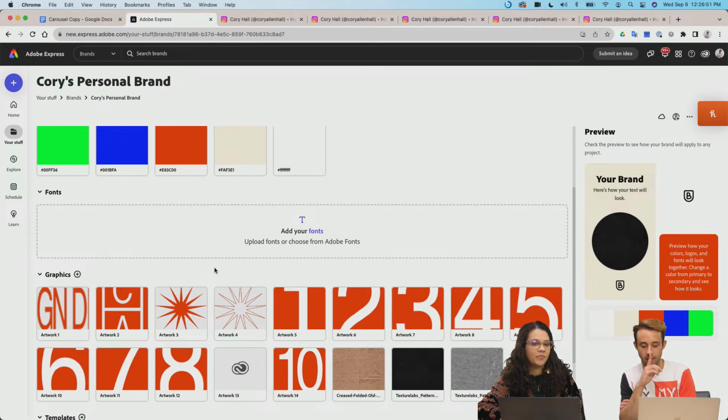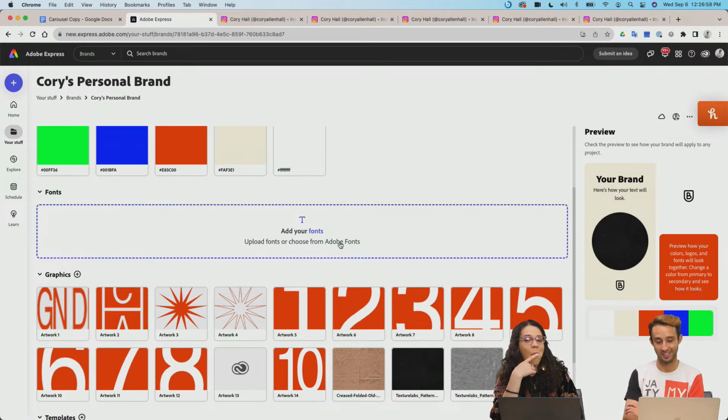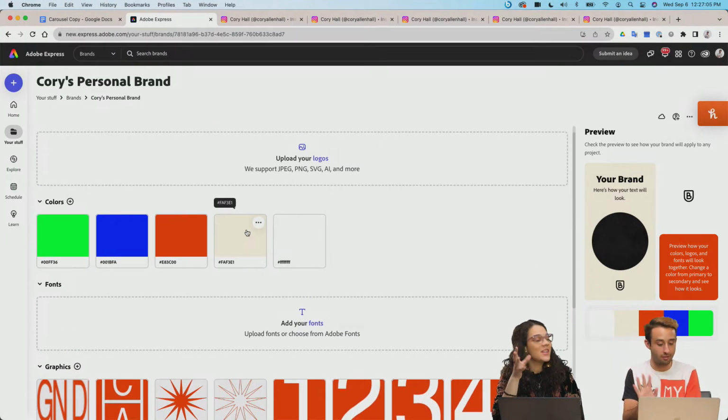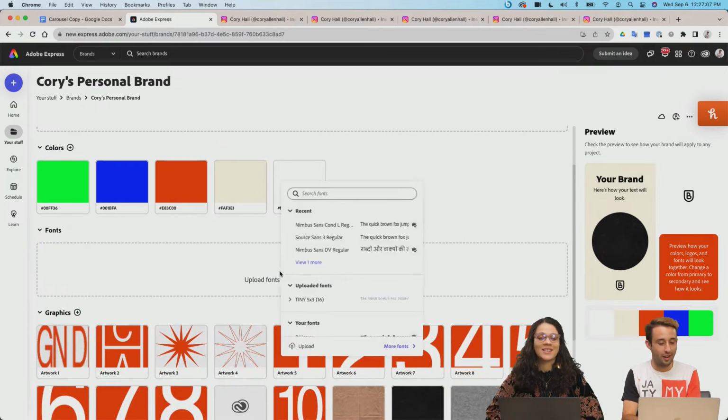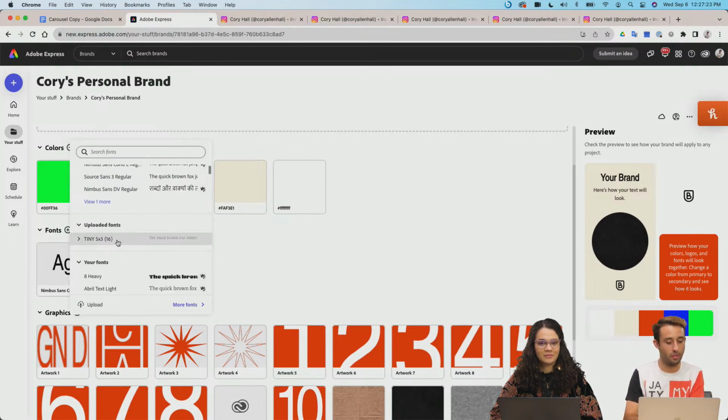You know what I just realized that I did by accident? Remember all of those empty squares that I deleted from my library? Those are my fonts. So I did accidentally delete all my fonts from my Cory's Creative personal brand. Well, now we can explore for fonts. I've got some favorites in here. We've got Nimbus Sans in here. And really, it's not that I deleted them from Express. I didn't delete them from my library. I just deleted them from personal brand. And so I still have access to all of them. I just removed them from this,